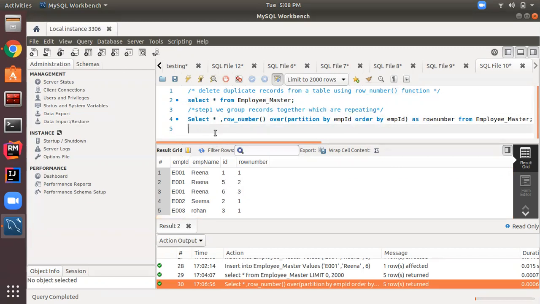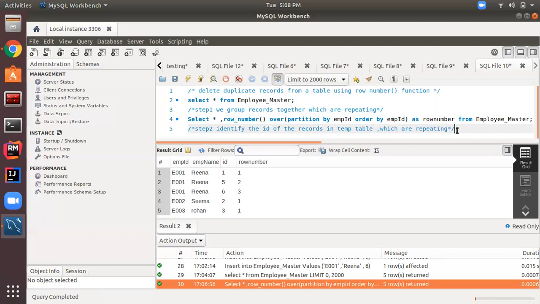For that I need to introduce another query. So step 2 is to identify the ID of the records in the temp table which are repeating.